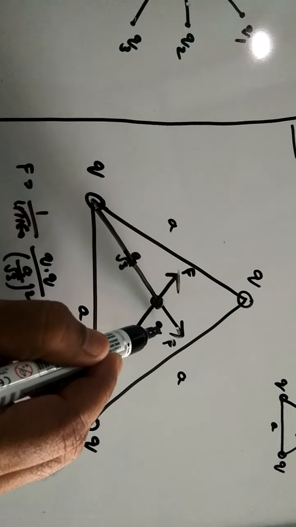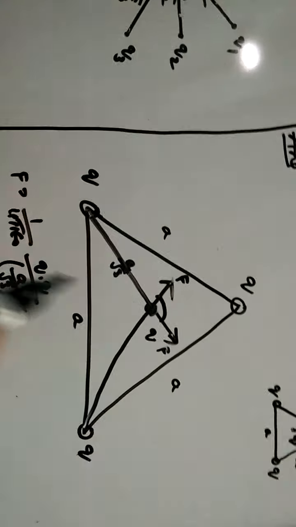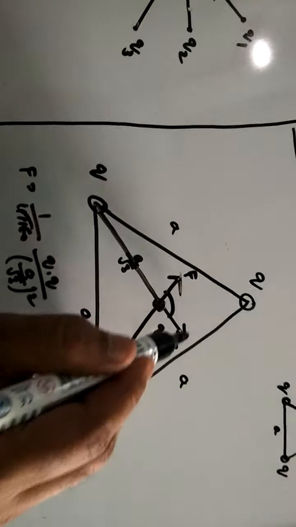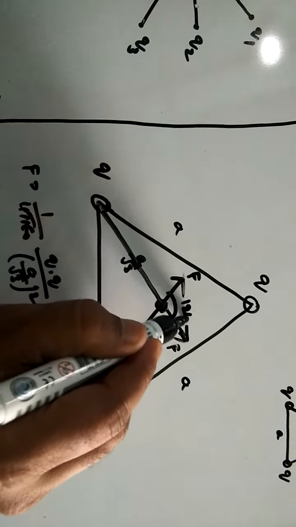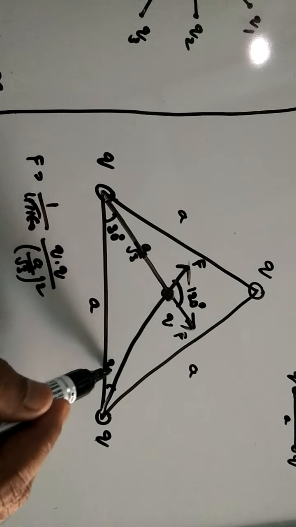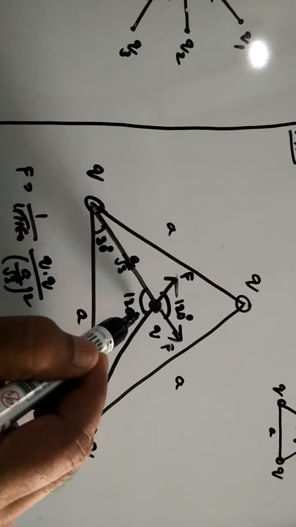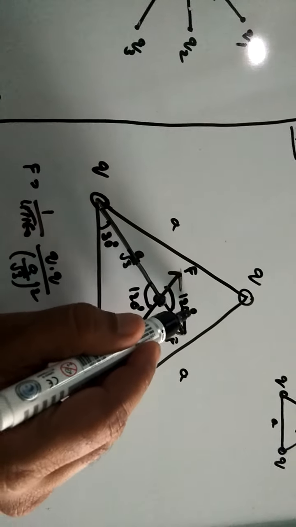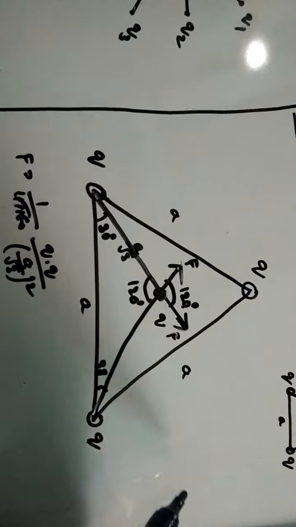Let us see. This is force f. This is also force f. And the angle between them is again, what is the angle? You can guess. So here, see, force is f, force is f, angle is 120. You can check it. Here the angle becomes 30. Here the angle becomes 30. And here the angle becomes 120. So the total angle must be 180. Vertically opposite angles are equal. That is 120. Here two forces are there, f and f. The angle between them is 120.